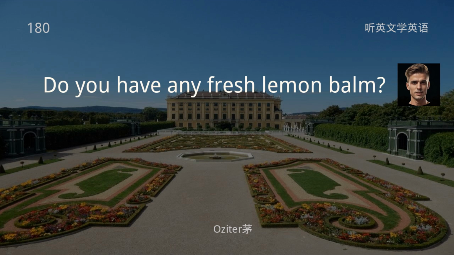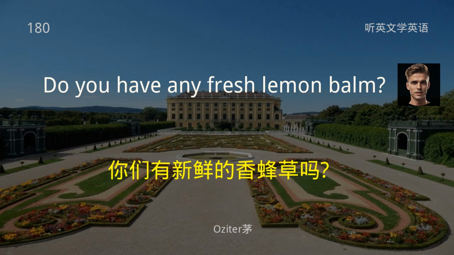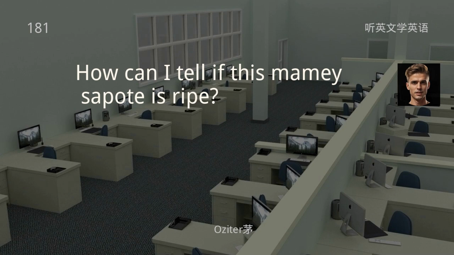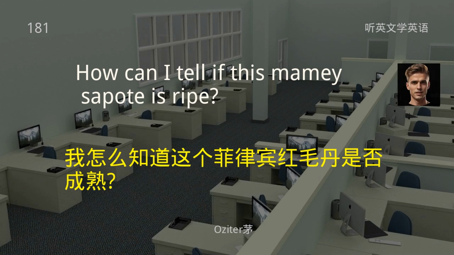Do you have any fresh lemon balm? 你们有新鲜的香蜂草吗？ How can I tell if this mamey sapote is ripe? 我怎么知道这个菲律宾红毛丹是否成熟？